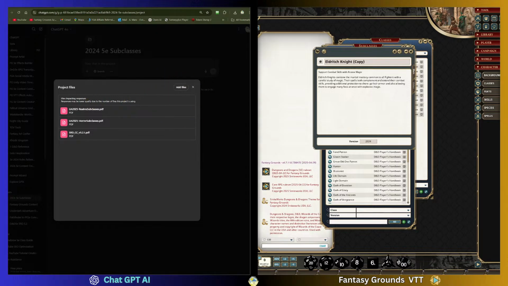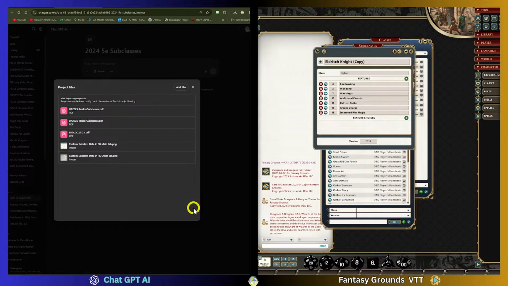So now I'm going to take those images that I made and drag and drop those into this area here. So here is the main Fantasy Grounds image for the main tab, and then for the other tab, I'll drag that in here as well. So now I have the two examples of the UA, or the Unearthed Arcana, of the SRD 5.2. Then I have a little bit of showing of the kind of data that I'm going to be copying and pasting in. And now I want to do one more, which is going to show